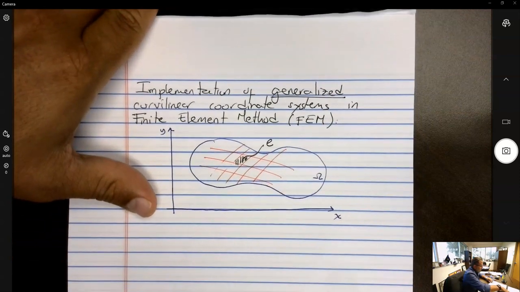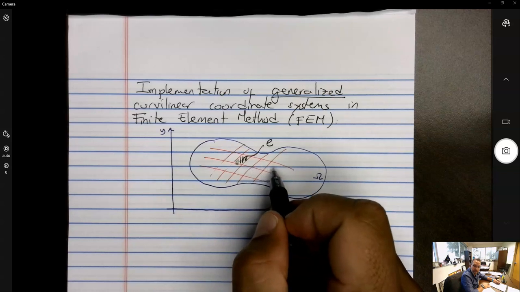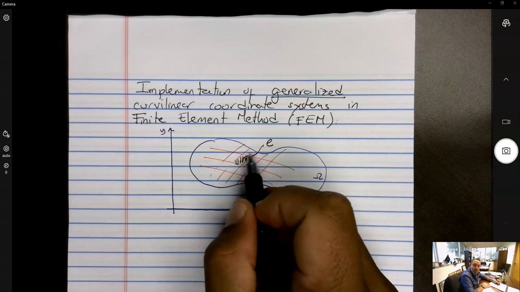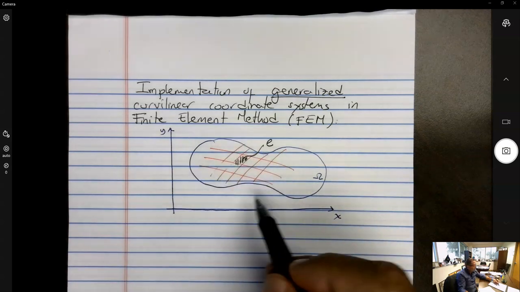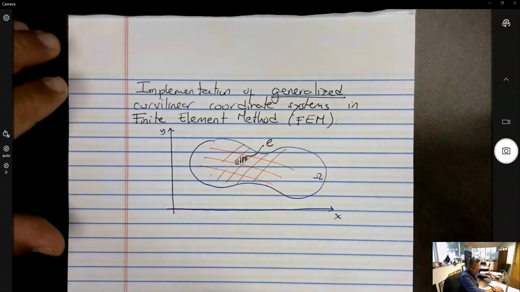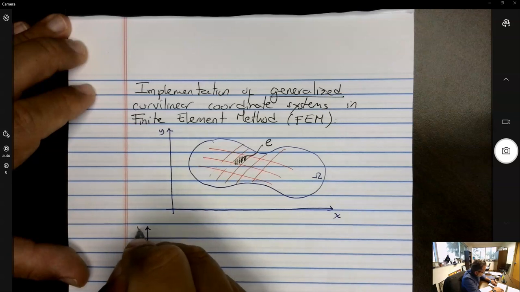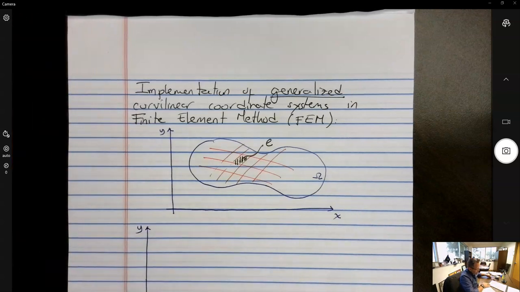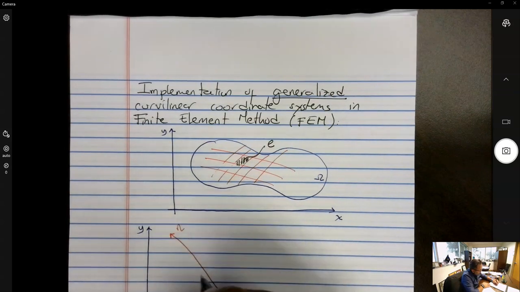If you notice, that local coordinate system might be different at every element because these curves might not actually be parallel to each other or perpendicular to each other. That would be nice in a very uniform grid, but normally we don't have the luxury of producing a uniform grid because the domain itself is irregular. So what we need to do is go from the global coordinate system xy, in which we look at a single element, to a local coordinate system,